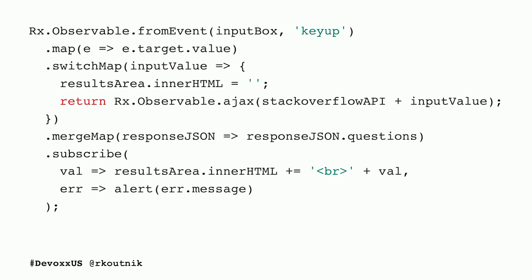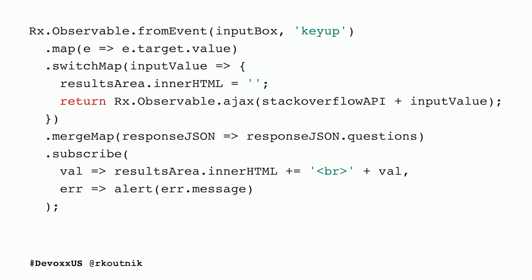So it says, all right, I have a request in flight, and I have a new value. So I'm just going to throw away the old one and switch to the new value and only pay attention to the new value. So when the new value goes to the server, comes back, that's what I'm going to pass on down the line and completely ignore the previous one. In fact, it's going to unsubscribe, which cancels the in-flight request, which behind the scenes may end up saving us a lot of CPU time.